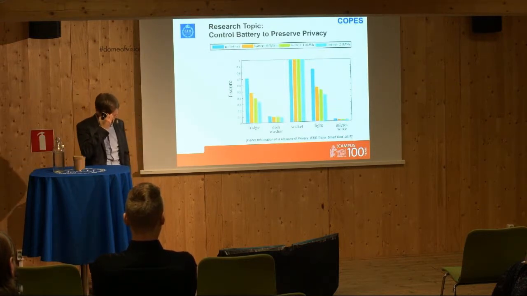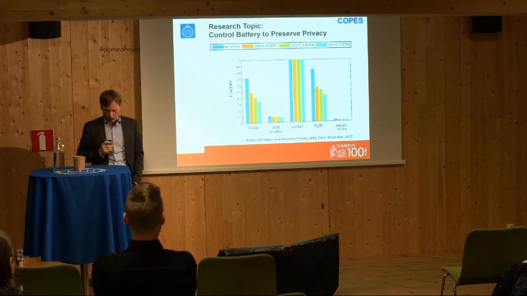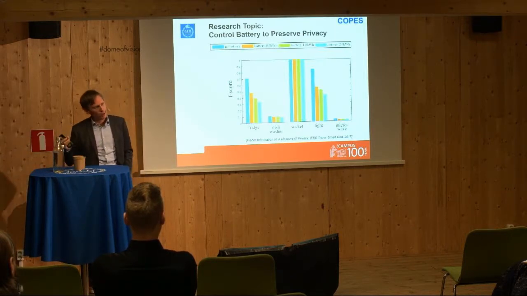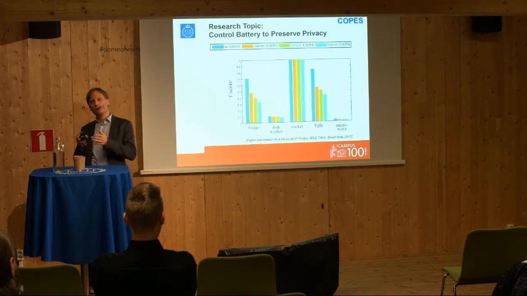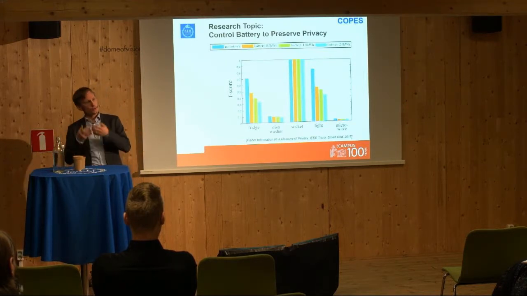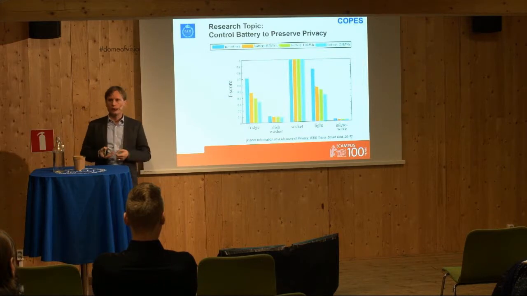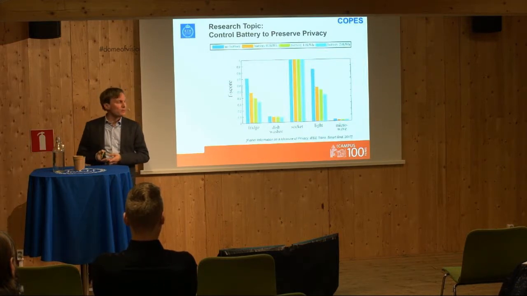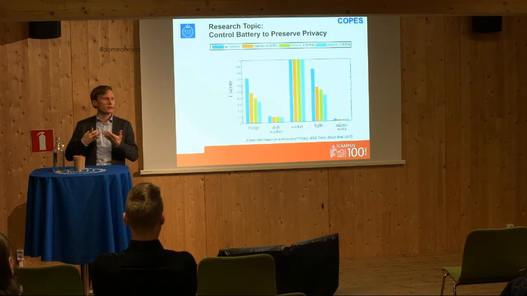One way to achieve this is to actually use an energy buffer, a battery. And this scenario maybe is not so unlikely, because in the smart grid there are already suggestions that every house or large house should have a battery where you can store green energy. Let's say the sun shines, then you charge your battery, and then when you come home and the sun doesn't shine, you can use it. So you save green energy. There's always talk about having batteries. Now what we're thinking about is that we could use some of that energy to buy us privacy.